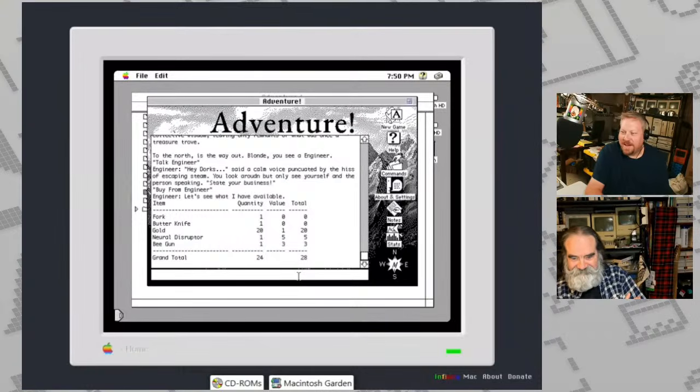So, buy. Oh, sorry. And again, you can abbreviate as long as it's unique. If you use the letter A, it's not going to figure it out.